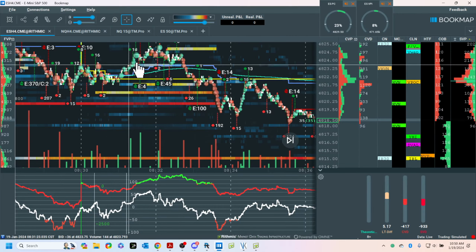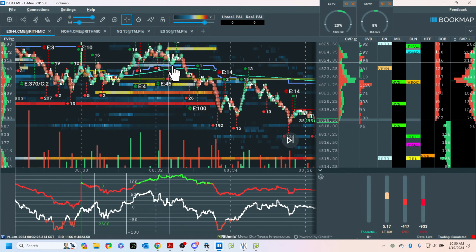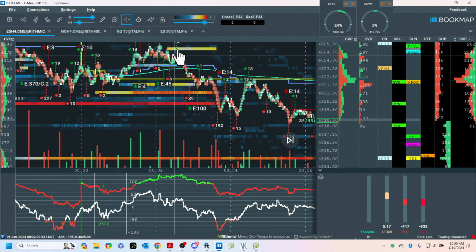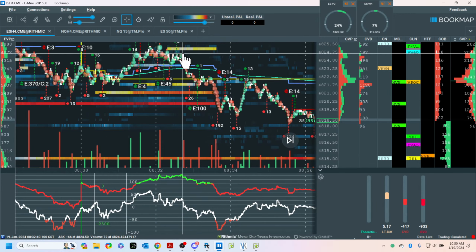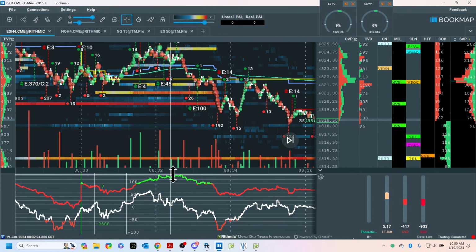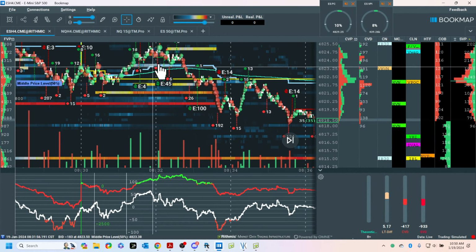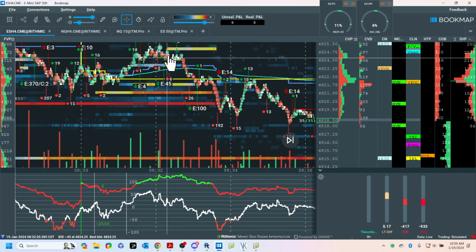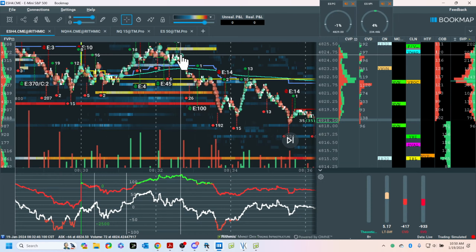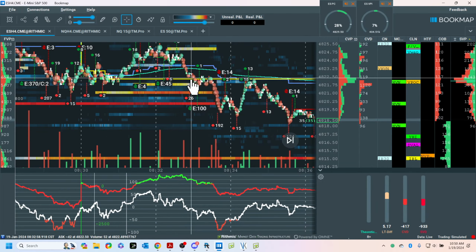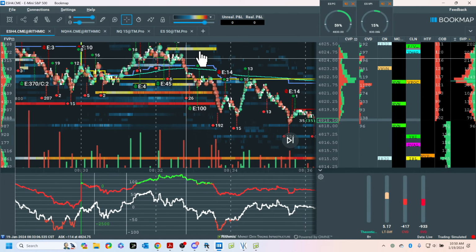This is a structured trade in the Trader Lab, right here. Volume, break high, volume, sell trigger, short. Notice the liquidity comes into the book. Notice the delta is green. That means this leg is all buyers, which we don't need delta to tell us that. But when we can't clear this volume, that sets up a short or an exit if you are long. It's subject to your plan. Break here. If we're going to go up from here, this is what we need to clear. This right here, the variable high volume node, just right about there.